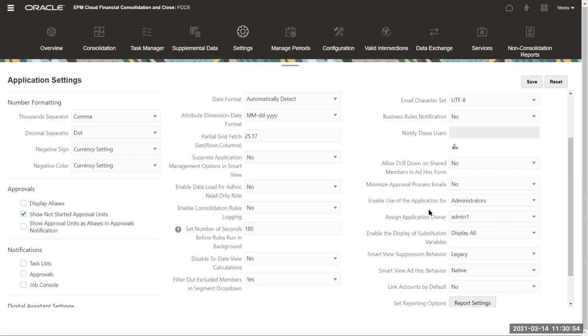When you're doing something on the application and you don't want users to log in, then enable use of application for administrators only. You do your job, do your settings, change the metadata, refresh the database, and ensure that things are working fine. Only then enable the application for all users. Otherwise, users won't be able to log in. They'll get a message: the system is in administration mode, you're not able to log in. So when you get that message, this is what is causing it. Then you should go and check this setting to see if it is enabled for all users or not.